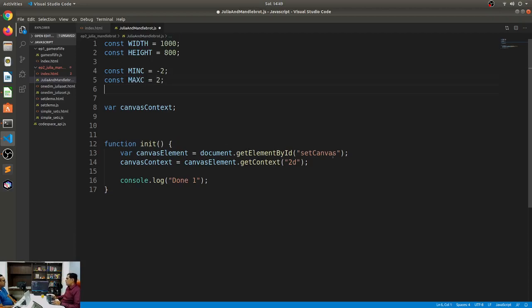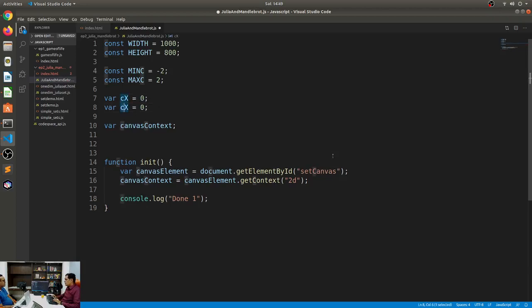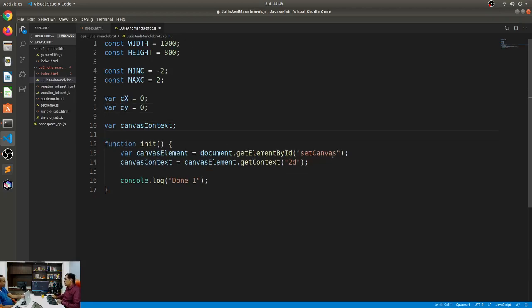We would also need a C value, right? So variable C is basically an X and Y coordinate. So we'll say Cx is equal to, let's put it at 0 for now, just to start with. This is a variable, not a constant, because these values would keep on changing.